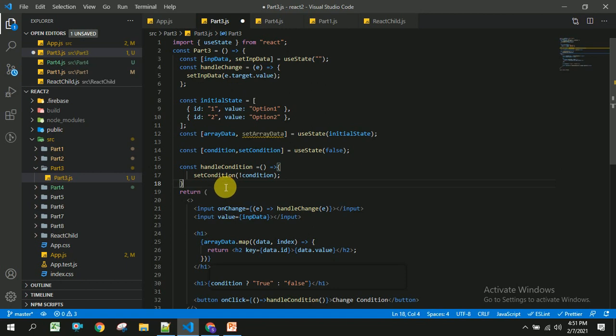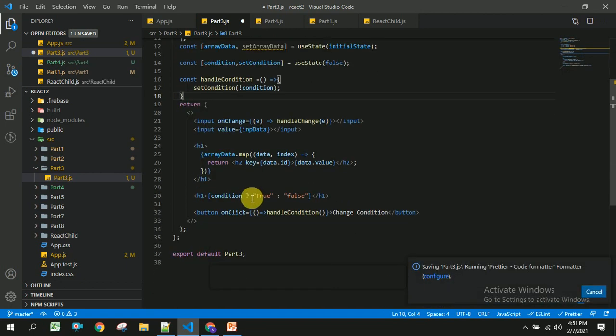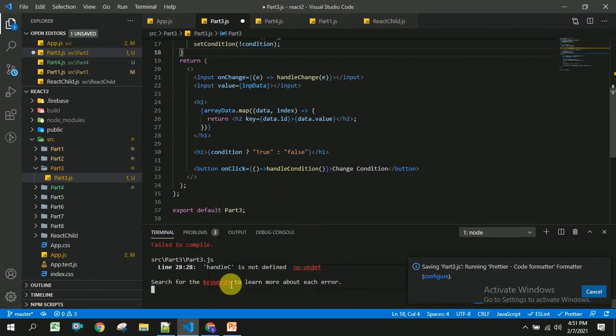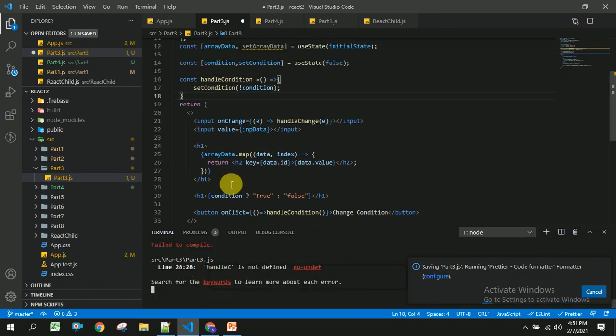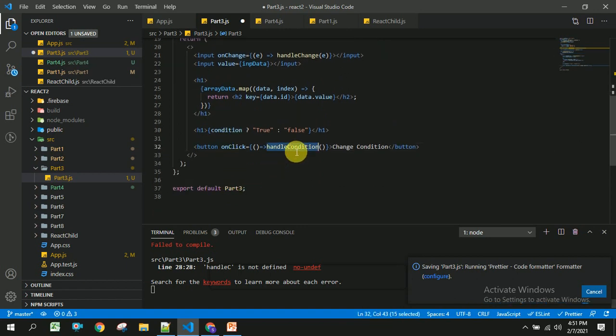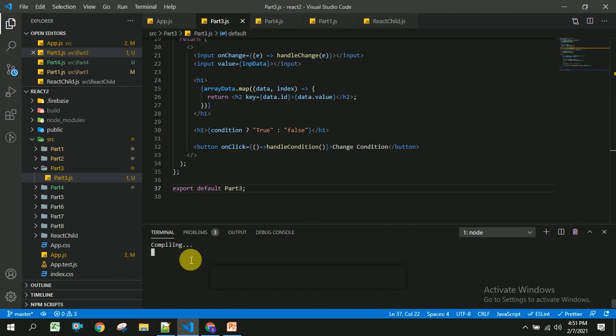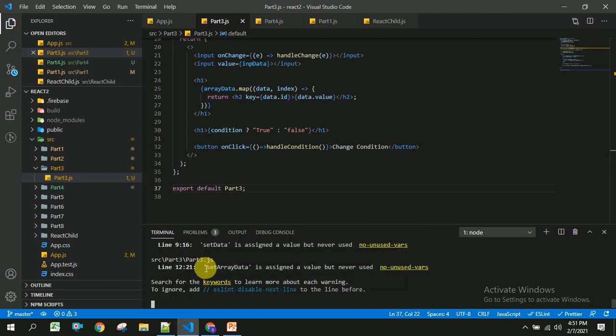So let us save this. So it is getting compiled. Line 28, we are showing some issue. So it got compiled successfully.